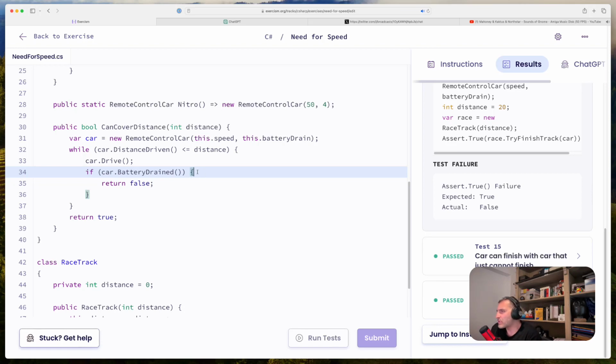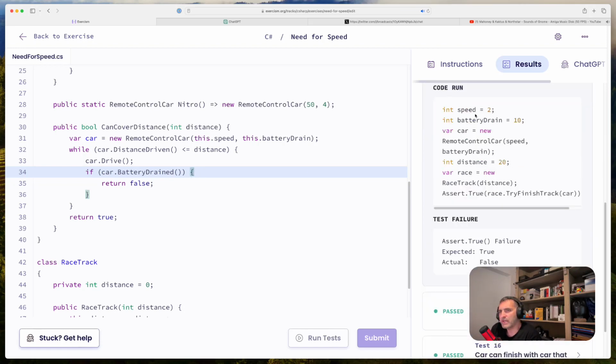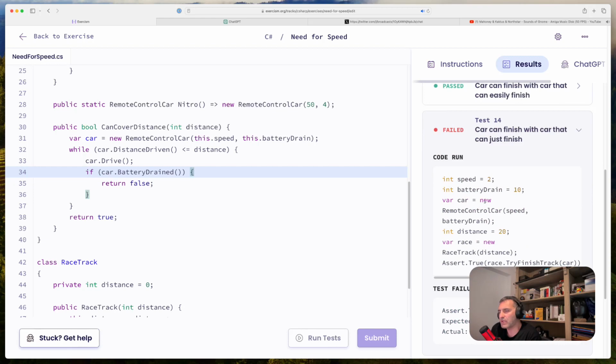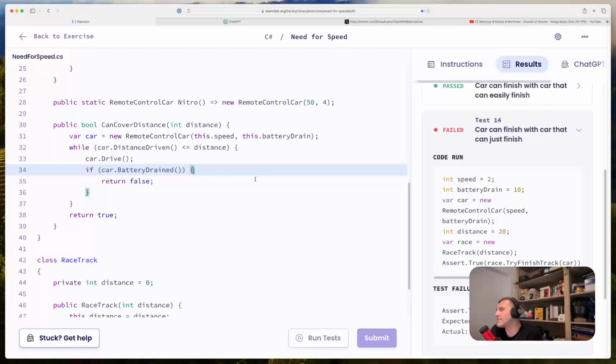I think the problem is that this test checks if a car can cover the distance right at the point, like can both fully drain the battery, but reach that point. So I guess what we can try,